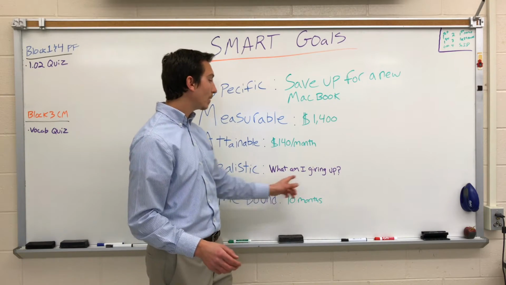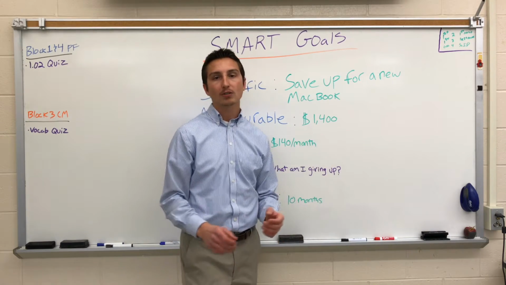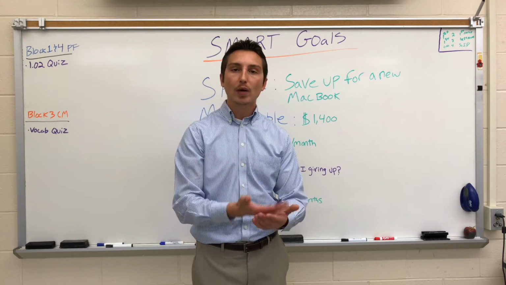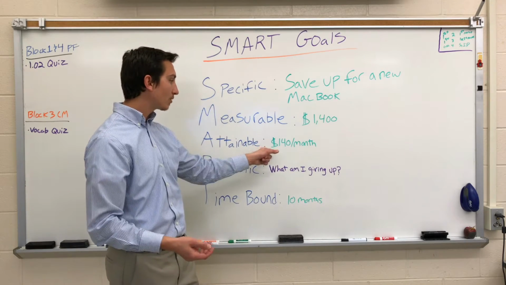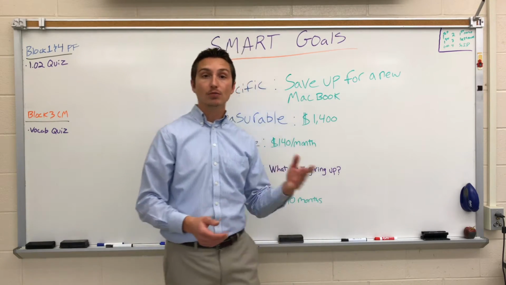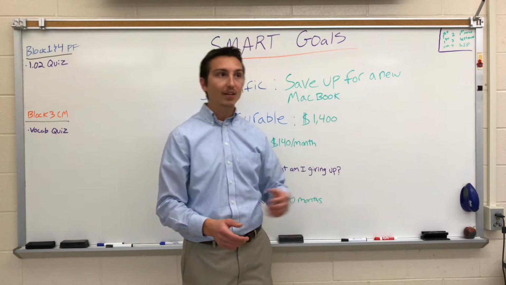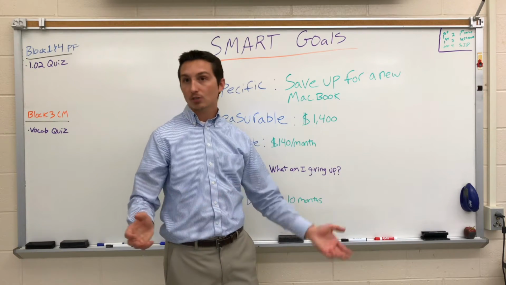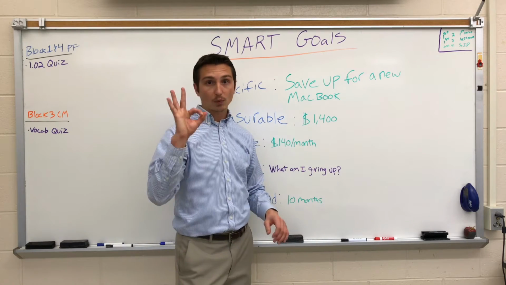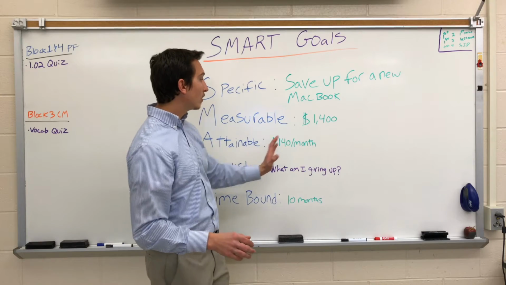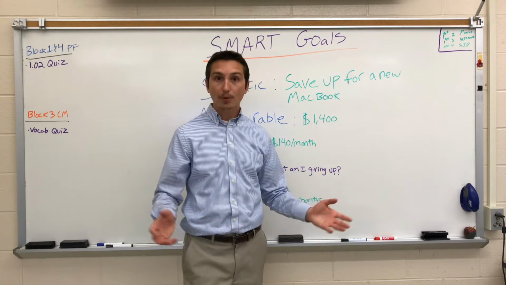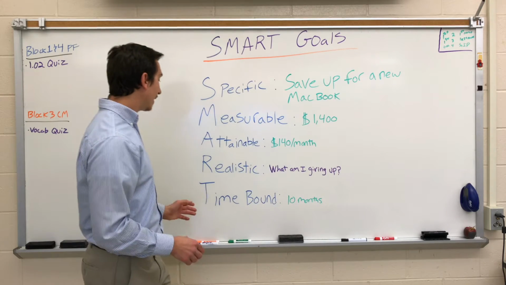And this is saying, what am I giving up? So in my last video, I talked about trade-offs. And you're always giving something up, and we got to recognize that. If I'm saving $140 a month for my new MacBook, I am giving something else up. Maybe it's $140 less I'm putting into my emergency savings. Maybe it's something else that I'm trying to give up. In this case, I'll say, okay, my emergency savings is where I want it to be, so I can let off the gas on that a little bit so I can get my new MacBook, because I need a computer and I want to get a MacBook.